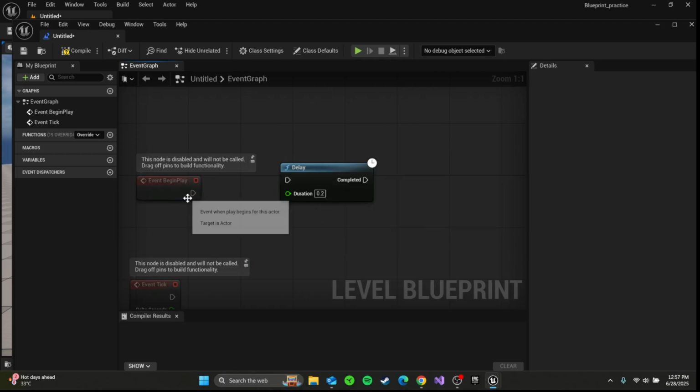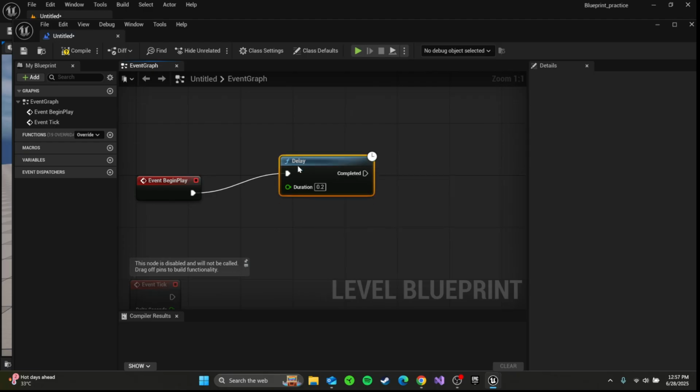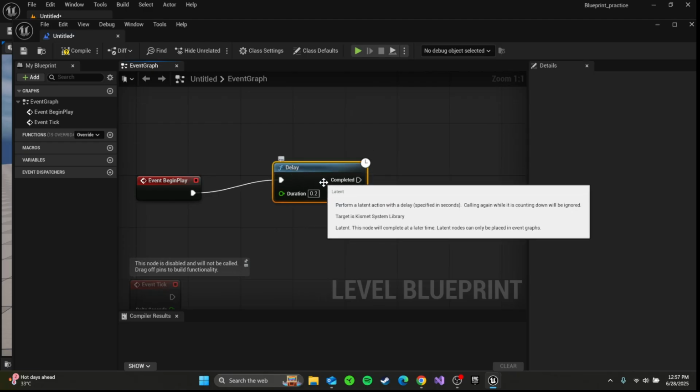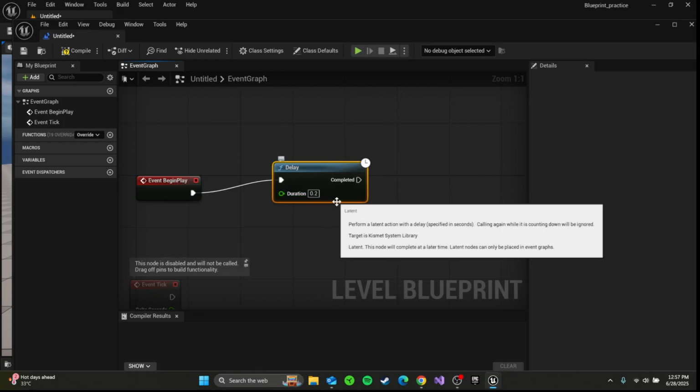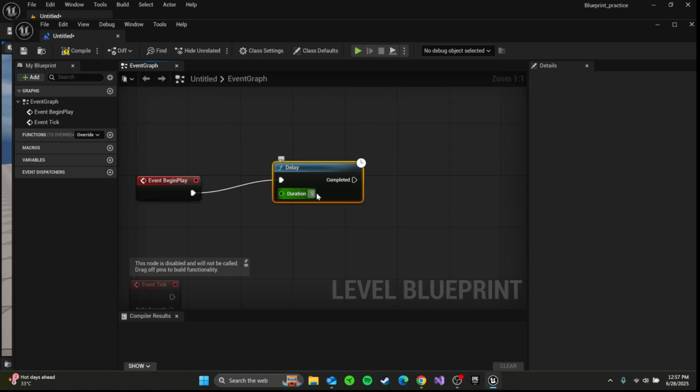Now to actually make it work, I need to connect the begin play to the delay. Basically here, this is an output pin. So I'm saying the play begins, and then I connect the output of this with the input of this. So now delay is the one that is getting triggered. And what did I say before? I wanted to wait, let's say, 5 seconds. So I'm gonna put here 5 for this parameter. So wait 5 seconds, and then